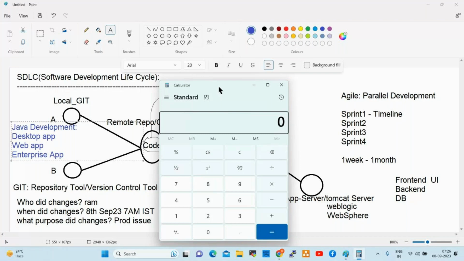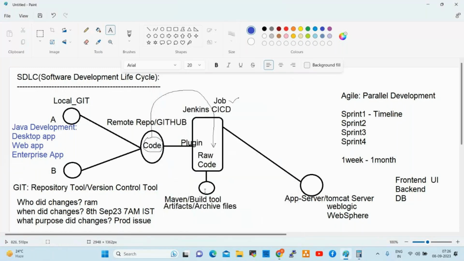For desktop applications, Maven will generate a jar file. Jar means Java archive file.